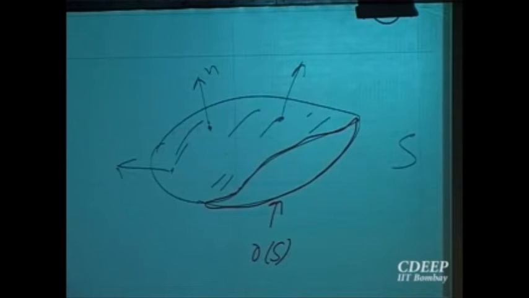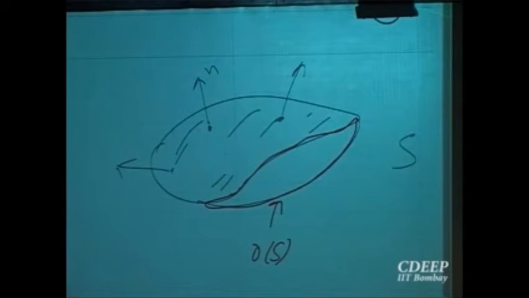Now on the boundary there are two orientations possible. One is going like this, the other going the opposite way. Which one should I fix? And which one will give me a nice result, which I should say is compatible with the orientation on the surface? Something is the orientation on the surface, something on the boundary. I want these two to be compatible with each other. They should match. So what I do is the following.